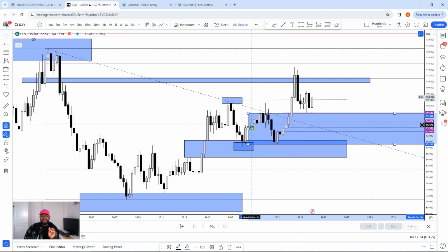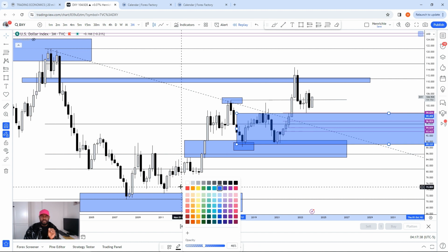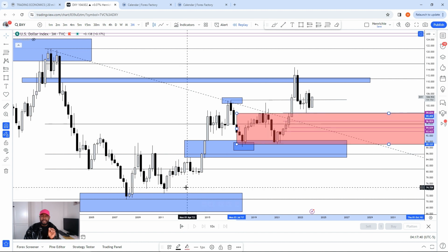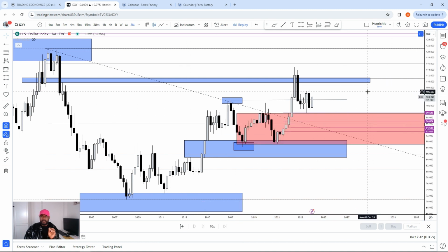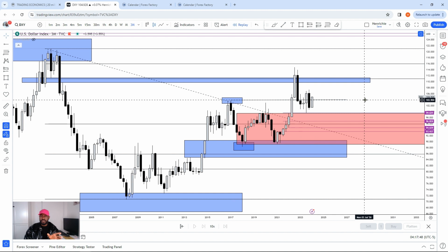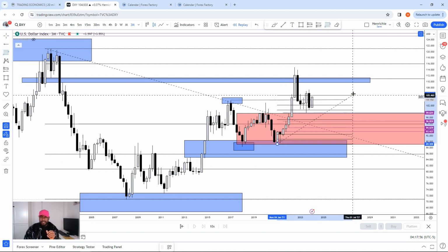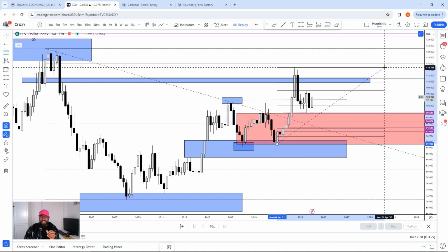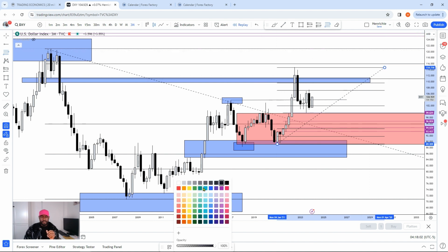Now we've derived our area of interest where we will potentially be looking for high probability buys on the dollar. What we do is we just leave that key level and then continue with our analysis to look for potential areas to look for trades. Now, another thing we can also do is to determine where this could potentially be. Our key level that we've outlined for our high probability buys,